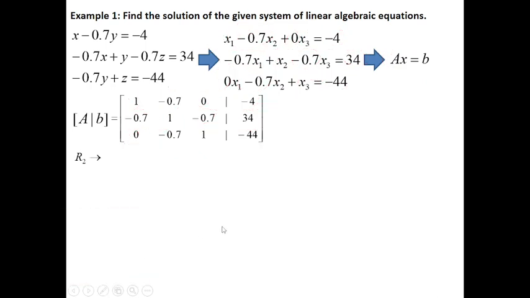Now, what is our goal here? Our goal is to convert this matrix equation into another matrix equation, which is Ux equals v, such that U now is an upper triangular matrix. So if our objective is to convert A into an upper triangular matrix U,